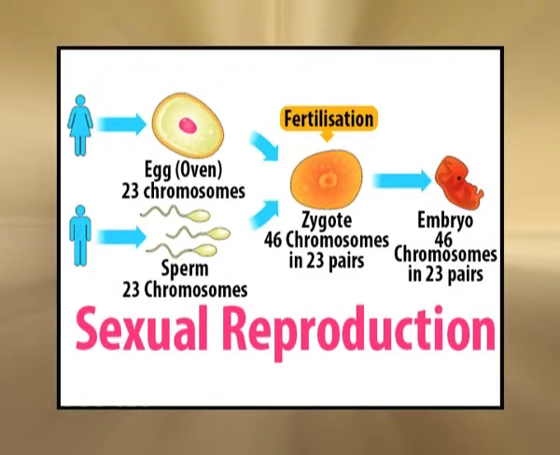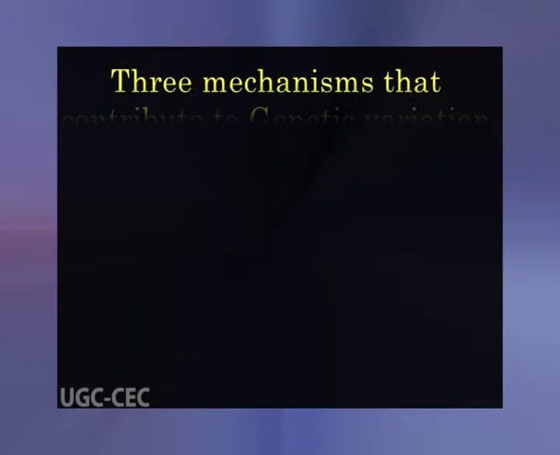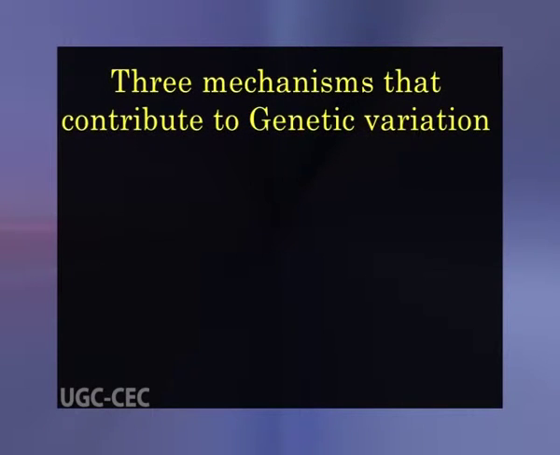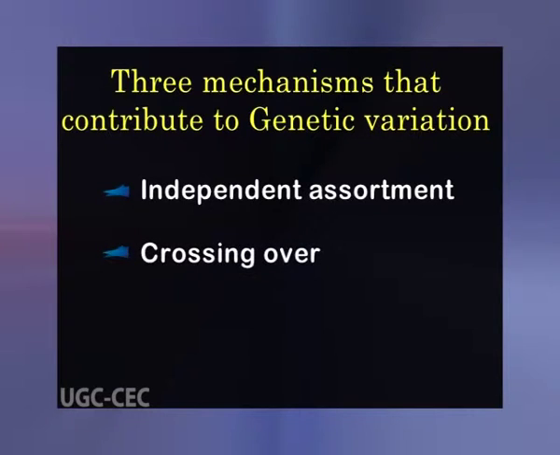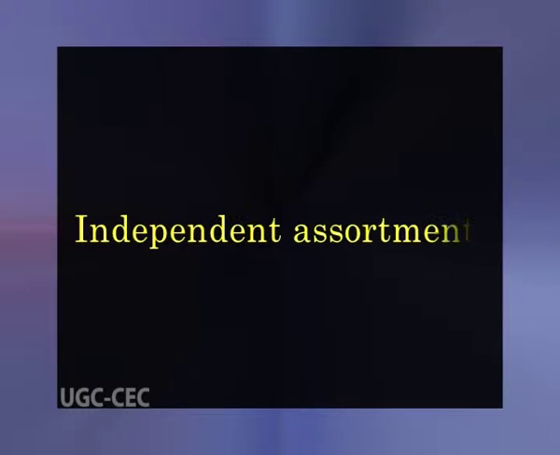The behavior of chromosomes during meiosis and fertilization is responsible for most of the variation that arises in each generation during sexual reproduction. Three mechanisms that contribute to genetic variation are independent assortment, crossing over, and random fertilization. Independent assortment